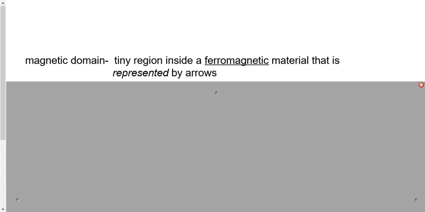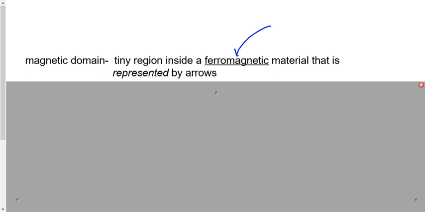As we start our new unit on magnetism, we need to define a pretty important term. It's called the magnetic domain. A magnetic domain is a tiny little region inside what we call a ferromagnetic material that we represent by an arrow. Now, before we really talk about this magnetic domain and really understand what it means, we have to define